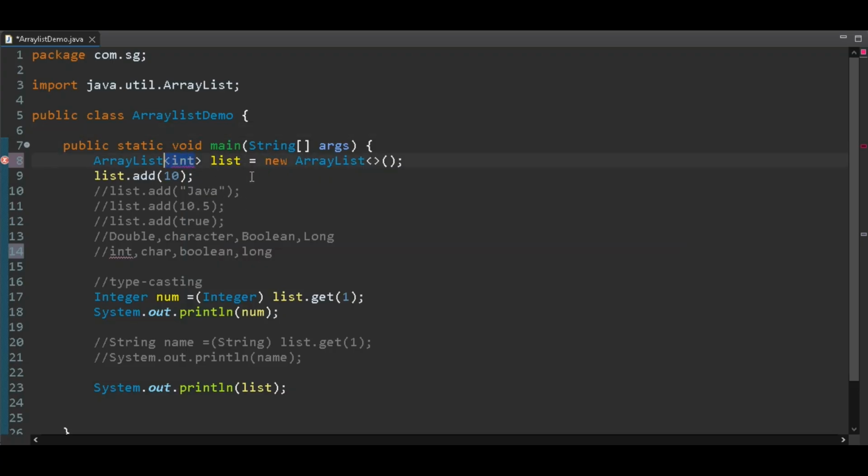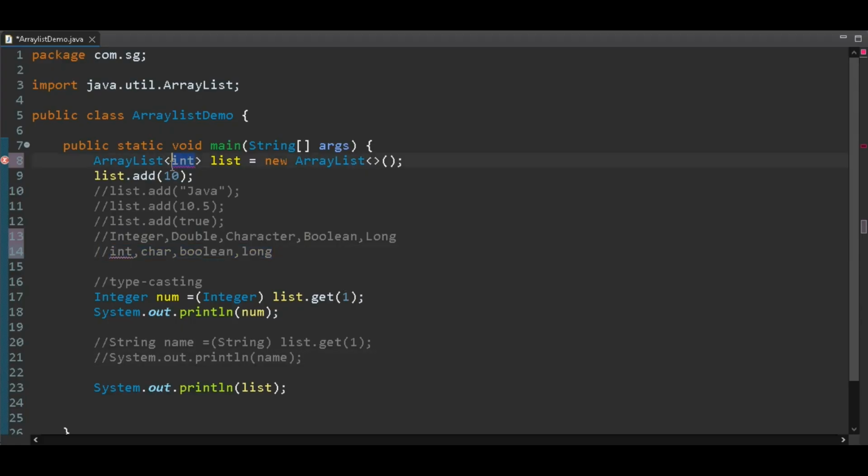Okay, so instead we use the corresponding wrapper classes like Integer, Double, Character, Boolean, and Long. So here Integer, Double, Character, Boolean, and Long are the wrapper classes, and they represent their primitive type as object. So when we use generics, we use these wrapper classes instead of primitive data types.